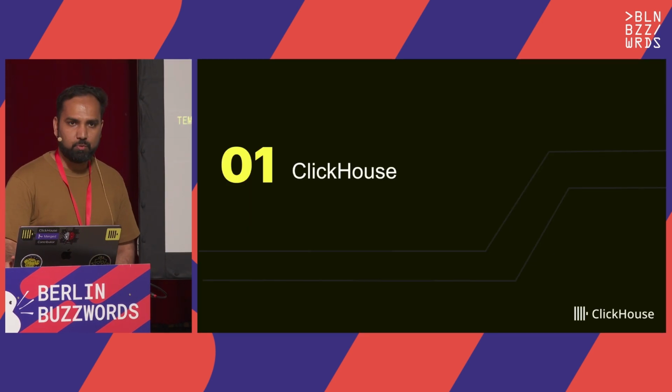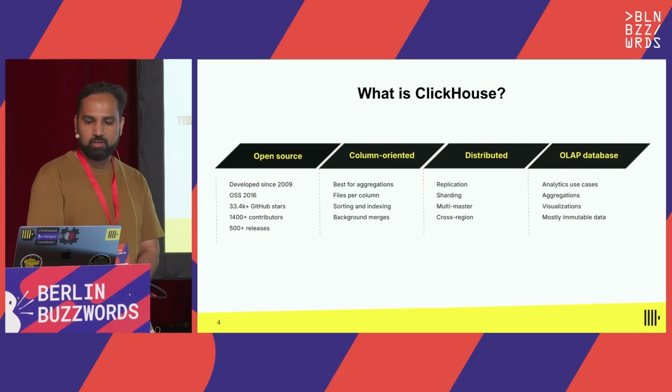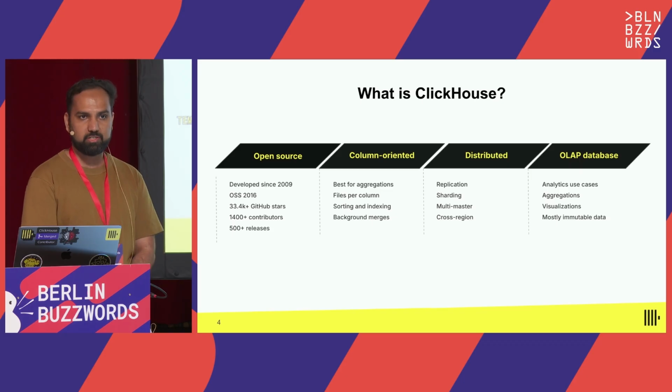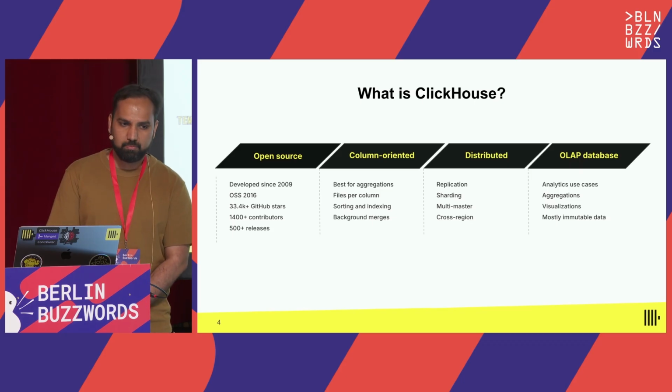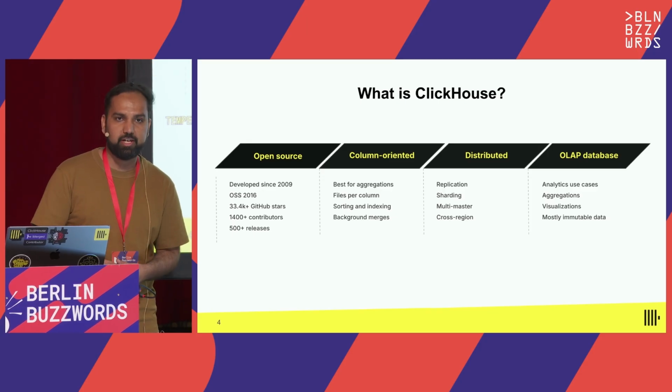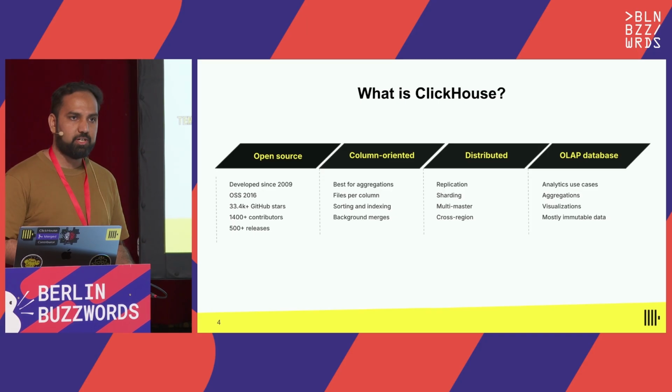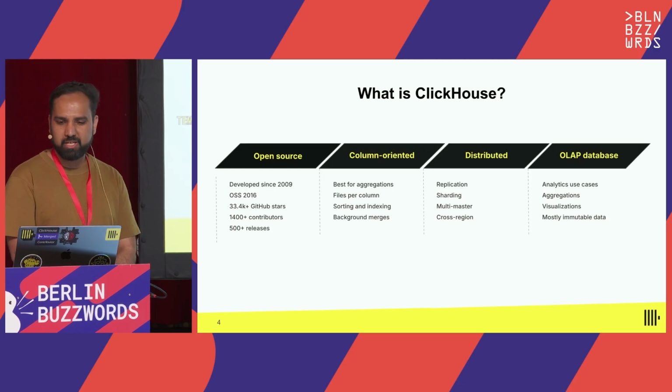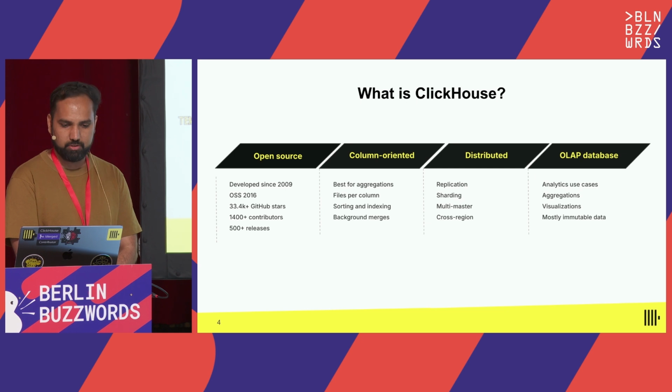For those of you who don't know what ClickHouse is, it's an open source column-oriented distributed database. Specifically, it's an OLAP database. So if you have an online analytical, real-time analytics use case, a lot of observability-based use cases as well. And many people these days are also using it for data warehouse purposes. So if you're coming off of traditional data warehouses like Redshift or BigQuery, you can use ClickHouse for similar needs as well.